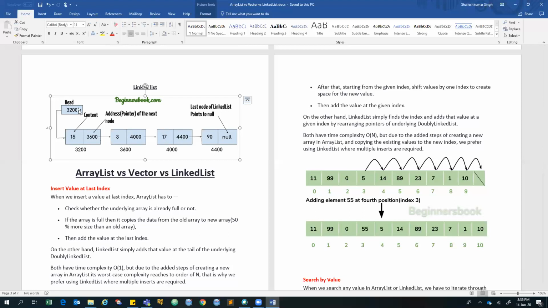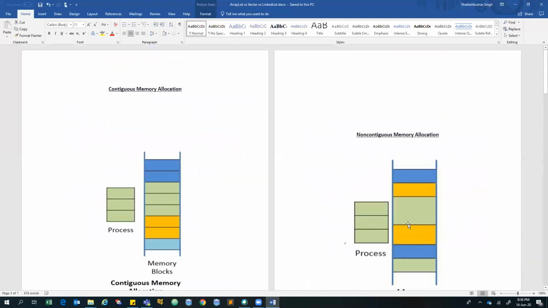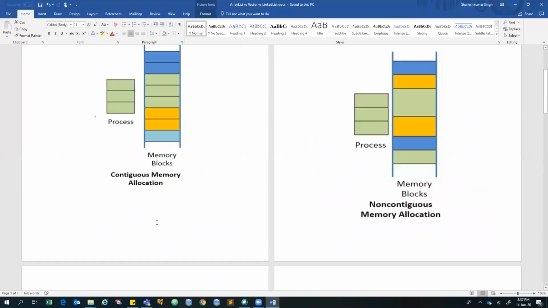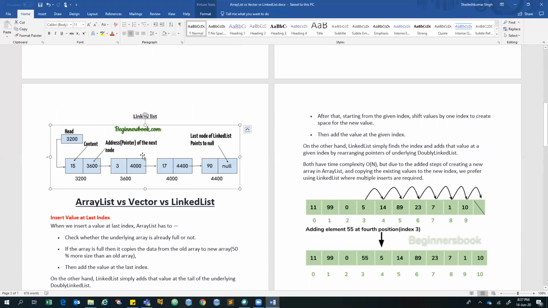Now the linked list memory pattern: is it contiguous or non-contiguous? Suppose this is one node which is here, and the next node is there. So it is not sequential. So this is non-contiguous, maybe non-contiguous, it may be contiguous. So this is how memory organization happens in a linked list. There is nothing like purely contiguous allocation, and it is majorly accessed by its next pointer. The next section decides from where I have to access the next block.